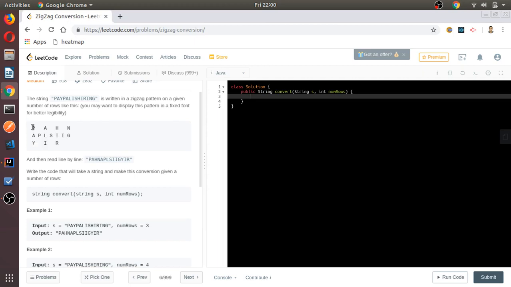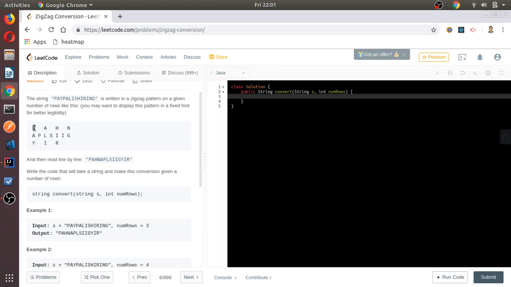If we have 3 rows here, P is row 0, then row 1, then row 2, and then again going to row 1, and then row 0, then row 1, row 2, then again row 1, row 0. So it's increasing and decreasing, and then for each row we are just